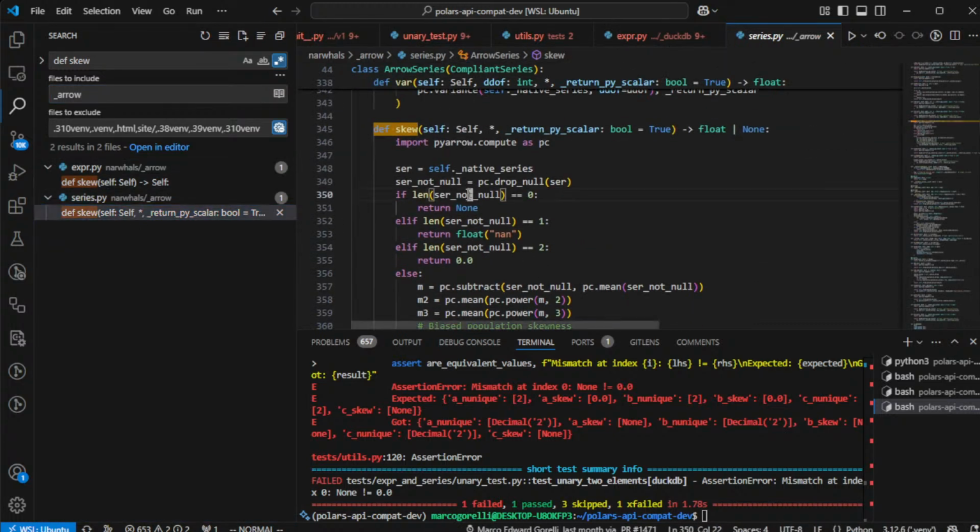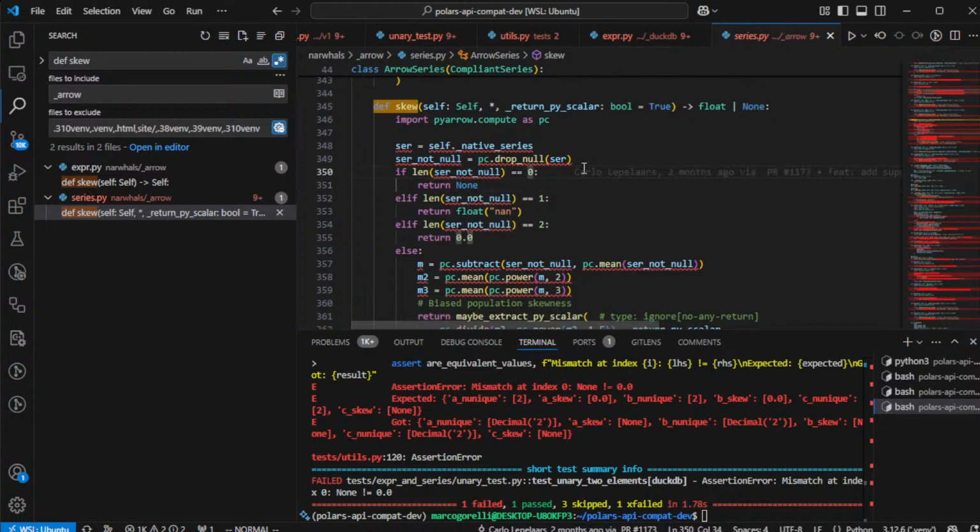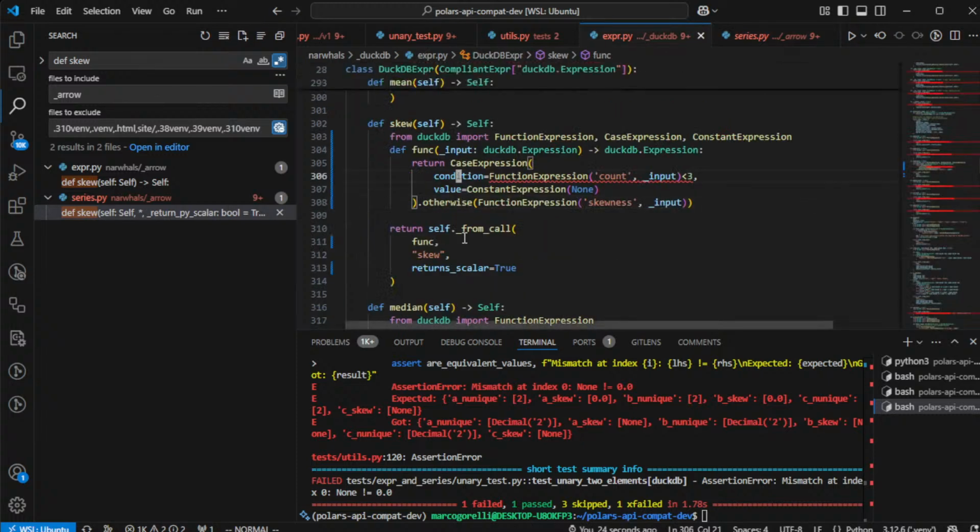So if there's no, right. So if there's no valid values, we return none. If there's one, we return none. And if there's two, we return 0. And otherwise, we actually compute the skewness. Oh, gosh. So, wow. So, right, fine. So if there's 0 elements, if there's 0 non-null elements, we do none. Otherwise,